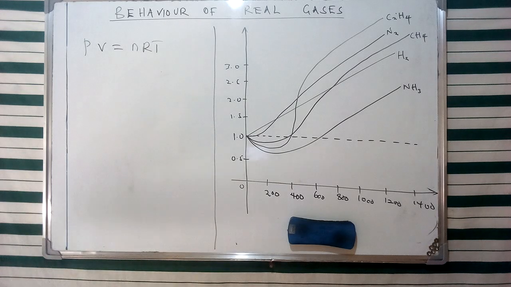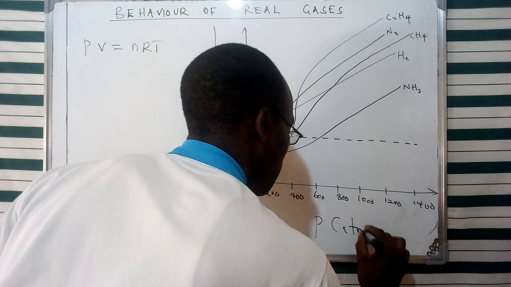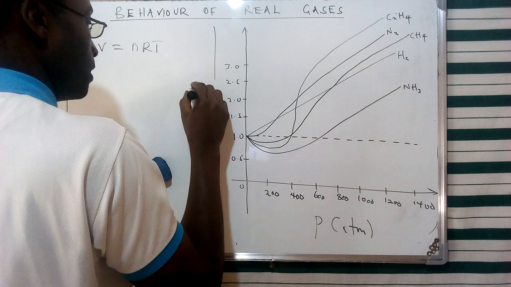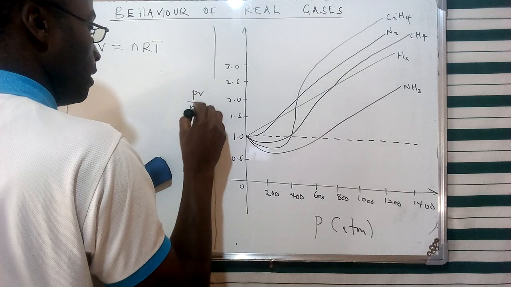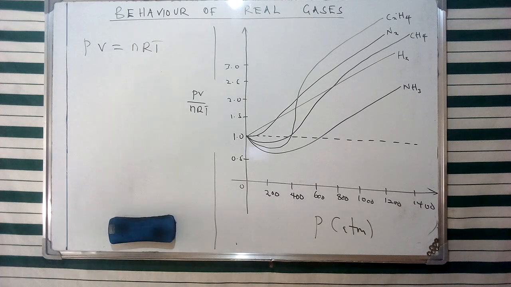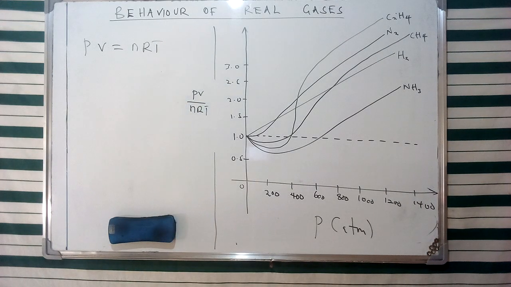So in this case, from this particular illustration that I've given in terms of a graphical representation, this is going to be a relationship between pressure in atmospheres and what we refer to as a compressibility factor. Now, this compressibility factor is basically the ratio between PV and nRT, given in that specific order. Now, this compressibility factor is going to assist us try to monitor the behavior of various gases from the real perspective, which is of course going to be contradicting the ideal gas perspective that we had mentioned in our last